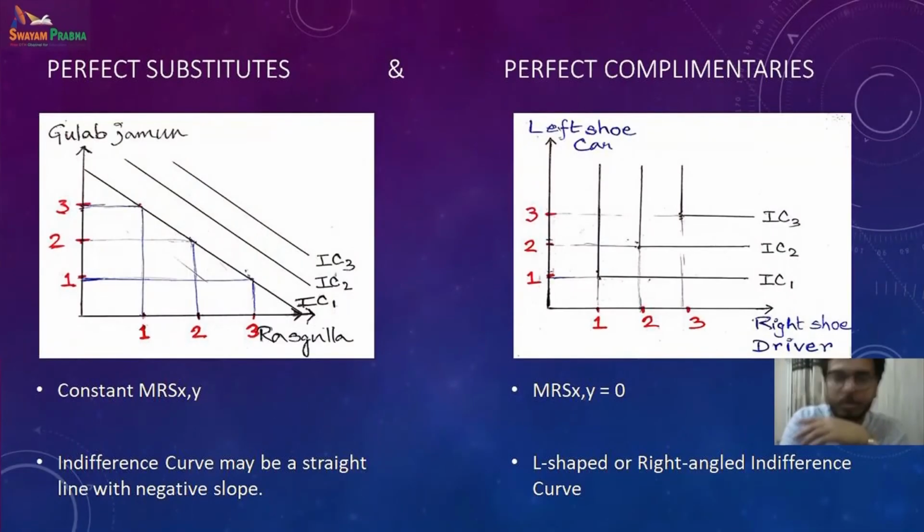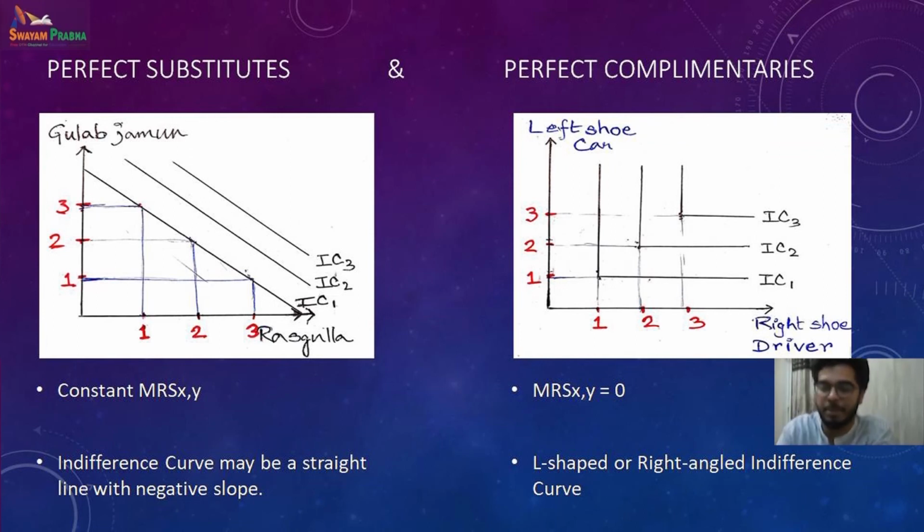So in indifference curves, we also have different shapes. It is not mandatory that the curve is convex, though for any normal good we generally observe a convex curve. But for perfect substitutes, we have a straight-line indifference curve. Why are they called perfect substitutes? Because the rate of substitution of commodity X for commodity Y remains the same.